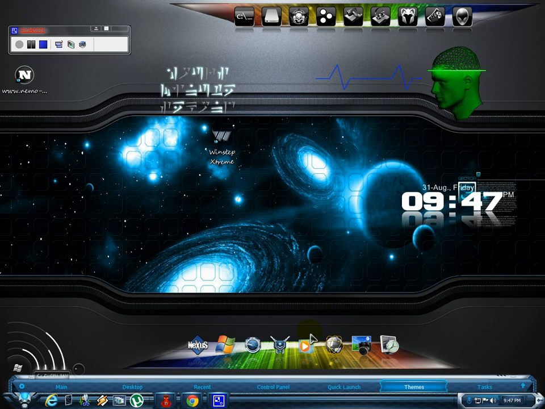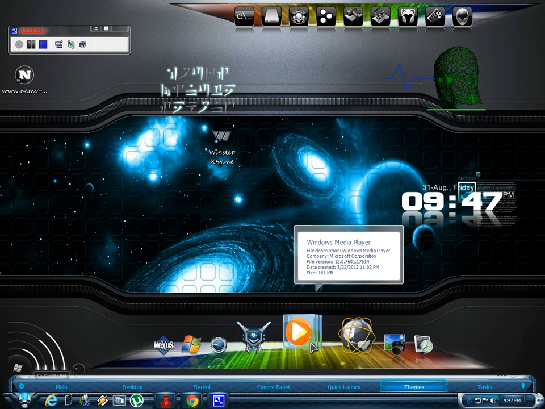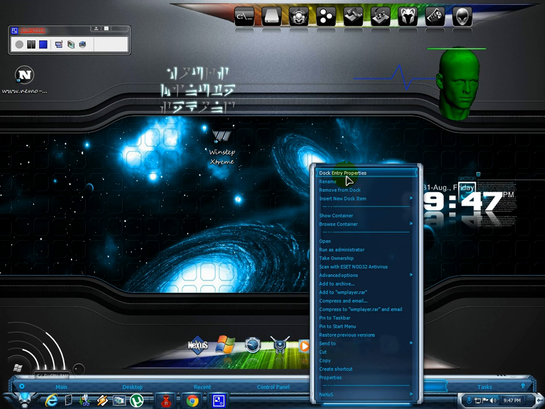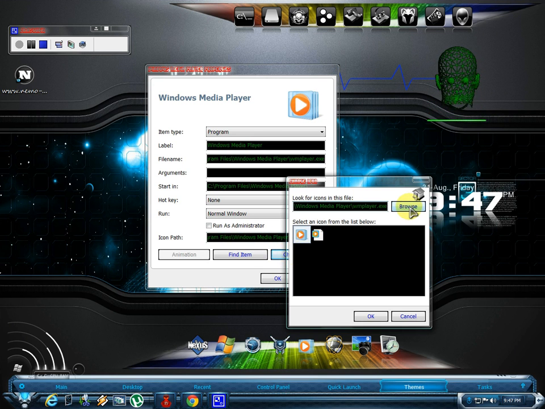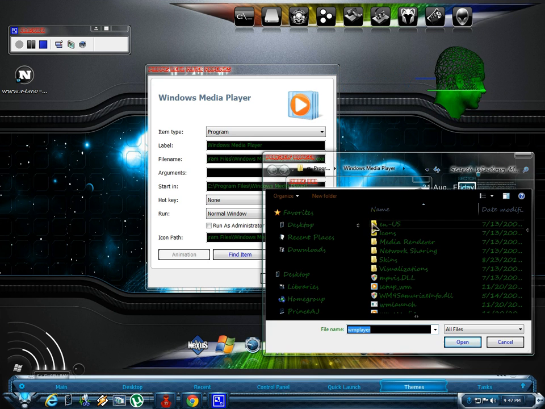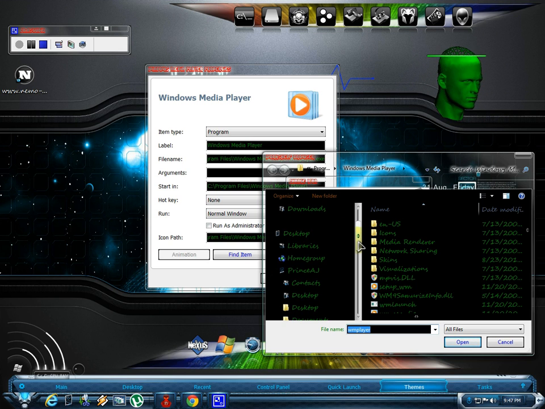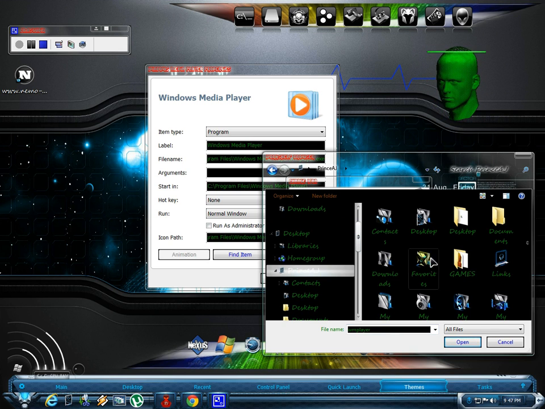Next step is right click the icon that you want to customize. Go to dock properties, hit change icons, and browse to the folder where you put the animated icons. I put it in my icon folder.